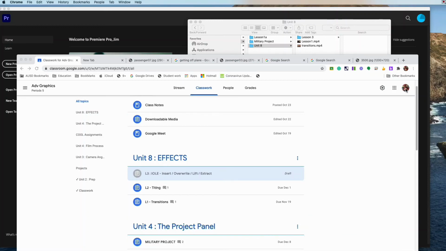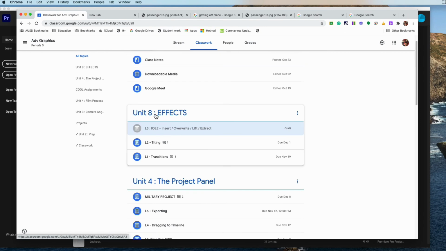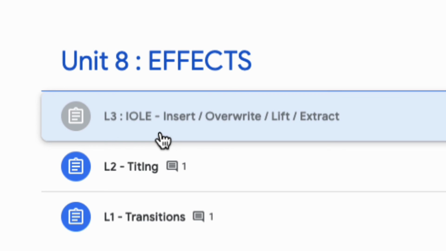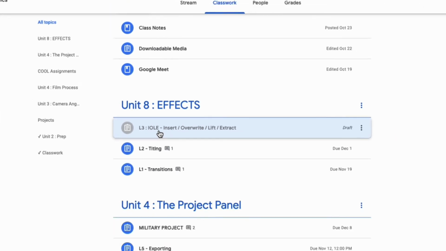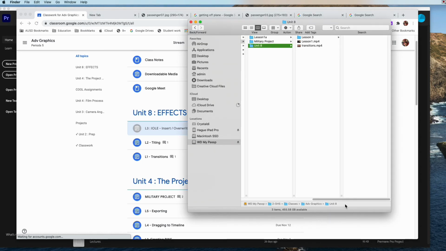All right, so we're going to be starting a brand new lesson under Effects, and this is lesson 3. It's called Insert, Overwrite, Lift, and Extract. IOLE. Okay, so first of all, let's go ahead and set up the folder structure, and I have it under